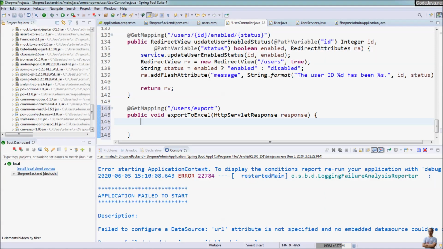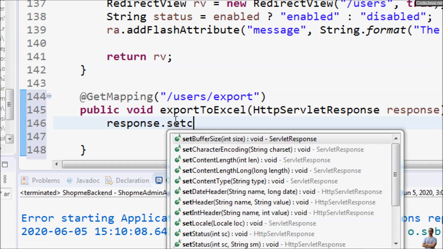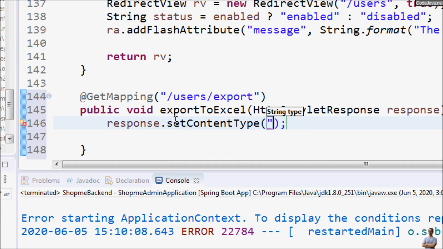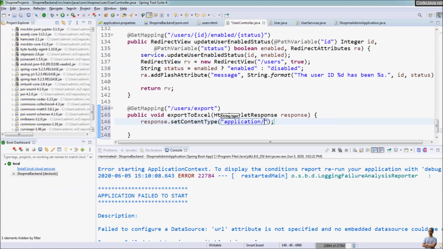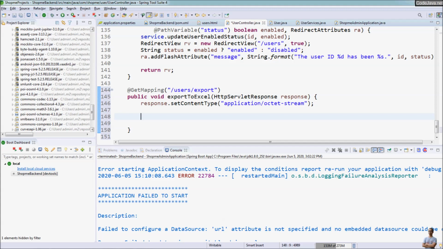And now first we need to set HTTP header. response set content type is, we use a generic content type application/octet-stream. So the browser will download the content, download the file, and we declare a header key. The key for the HTTP header is Content-Disposition,